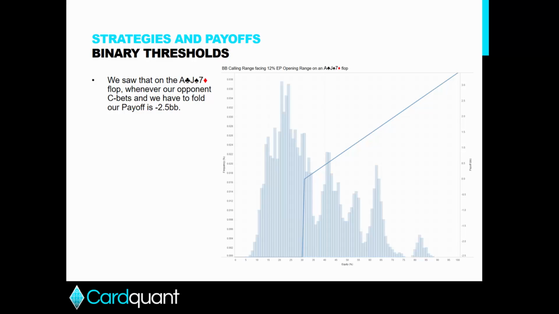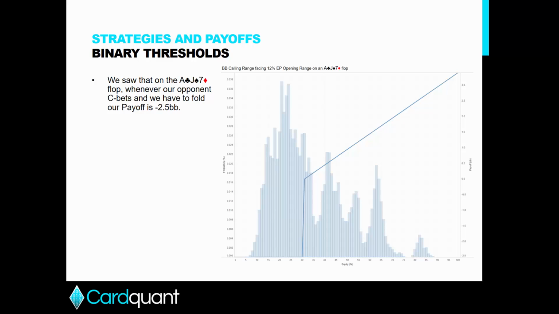What I have is, in the background, the hand versus range flop equity distribution that you saw earlier, and the frequency is graphed on the left hand side there. And then on the right hand side, I have put an associated estimated payoff for having a given equity. Now, of course, in practice, it's not going to be as simple a mapping as this, but I wanted to